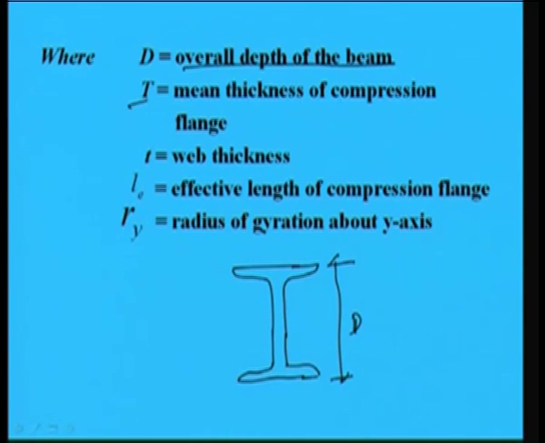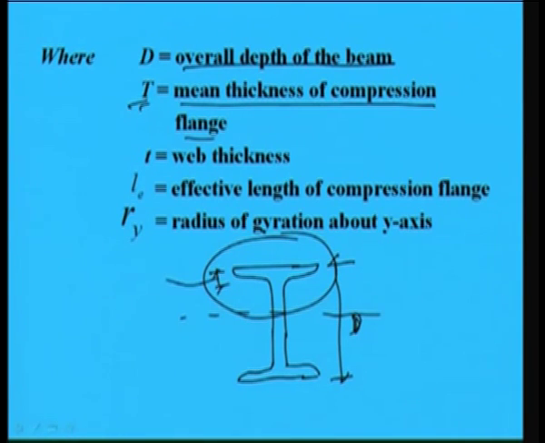So, d is required to know for calculating the allowable compressive stress due to bending in the unsupported beam, right. T is the mean thickness of the compression flange. So, if this is the compression zone, then this will be T. Sometimes this also can become T if the compression flange is at the bottom. So, in this case, if the compression zone is this one, then we can write that